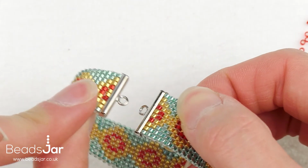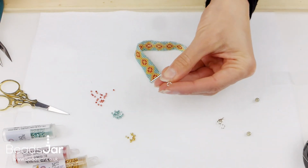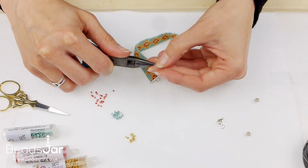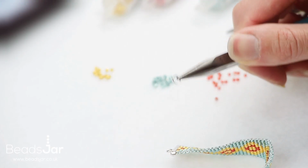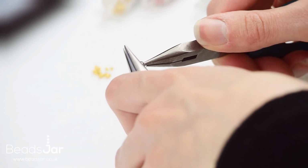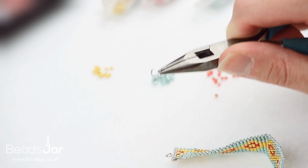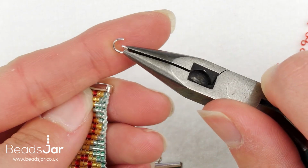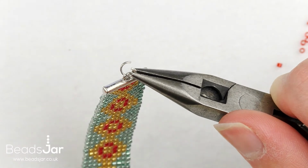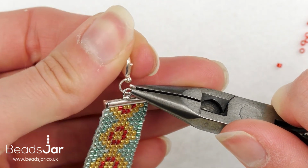And we're going to connect these with a fastener. So we've got a clasp here. So I'm just going to open my jump ring. It's nice and easy. Keep the top of the ring facing upwards. And then take a second pair of flat nose pliers, and you're just going to gently bring one side towards you and push one away to open the jump ring. Like so. And then we're going to go through the slider bar and connect our clasp through the loop,